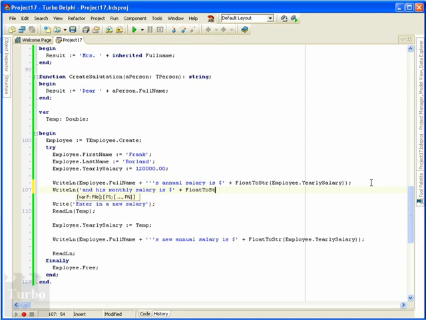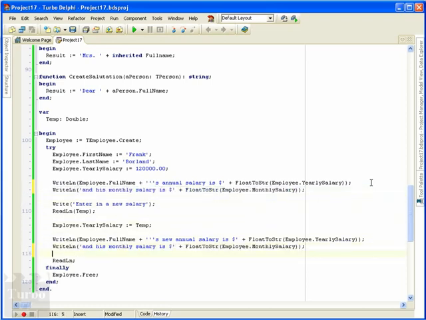That's a library function that just converts a floating point number to a string value, and we'll pass in, of course, the monthly salary here. I need 2 parentheses on the end there, and I'll copy this same line down here so that once I set the property, the new salary, I'm going to clean this up to make it look a little better